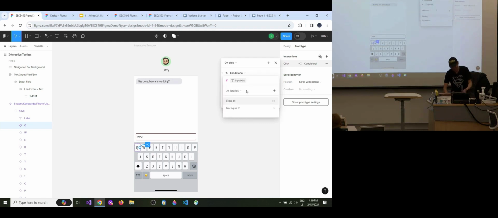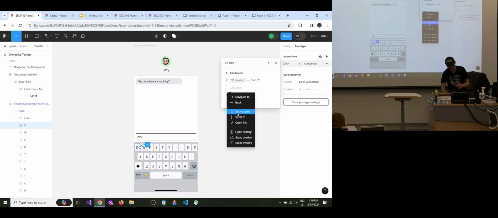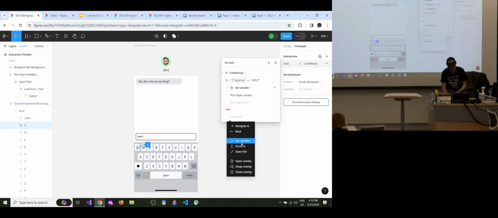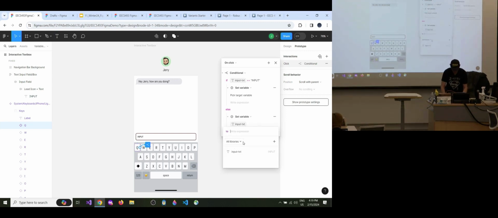I'm just going to say when the input text is equal to input, I'm going to set this variable to Q. Oh, wait, sorry, I think I already added that. Okay, yeah, it's already setting to Q. And otherwise, if it's not this default value I have created, I'm just going to set variable and append to this existing variable, by doing this equals this plus Q. So it might not look anything exciting right now,